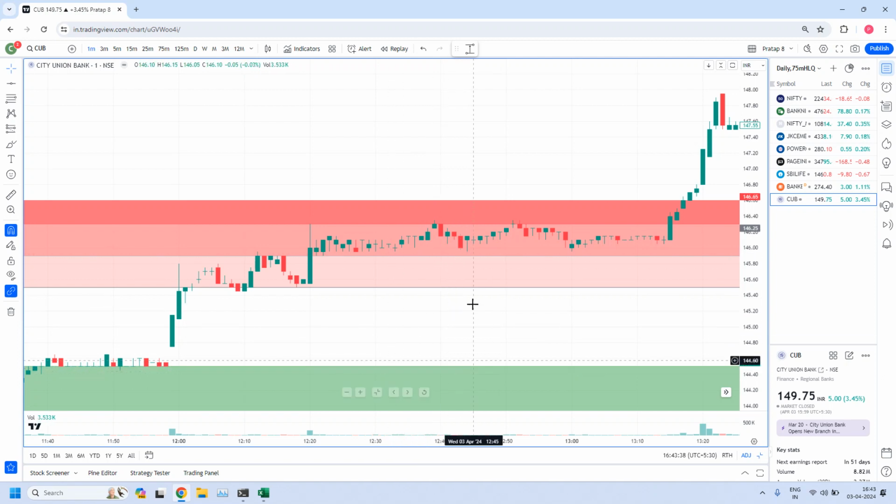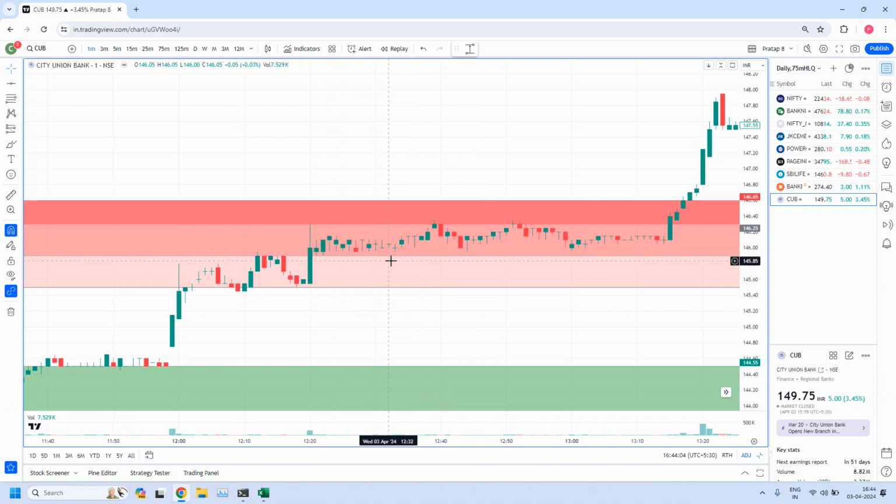And by the time all the bears become weak, bulls will take domination from the demand zone and push the prices again. This is what we see most of the time in high liquidity zones when we are trading intraday. But today you see the difference here. They are not letting the prices go down from this area. Maybe after half an hour,